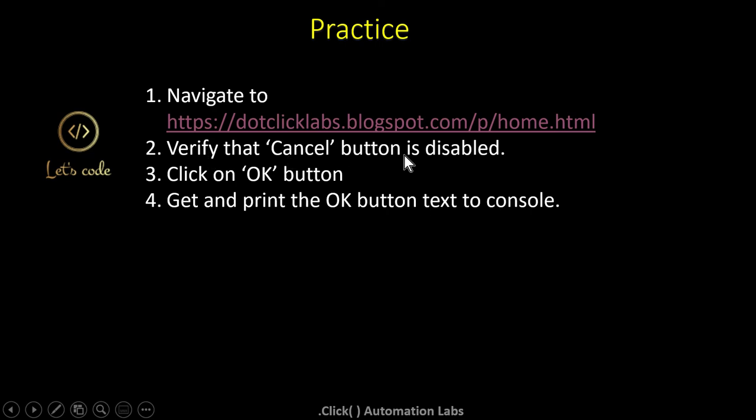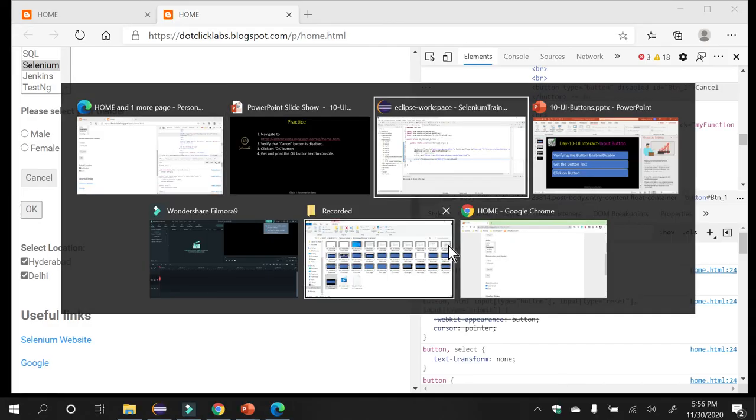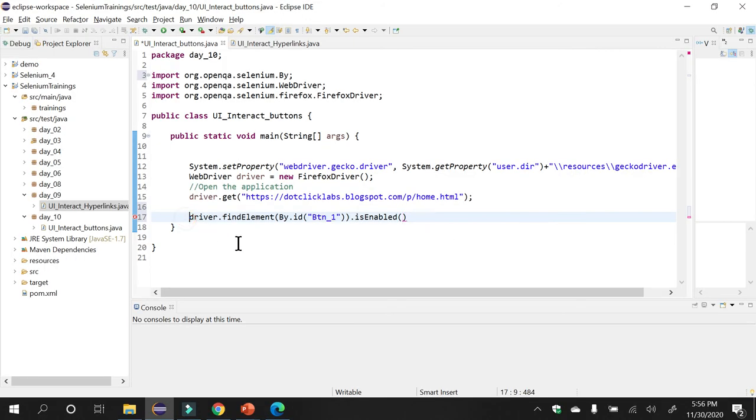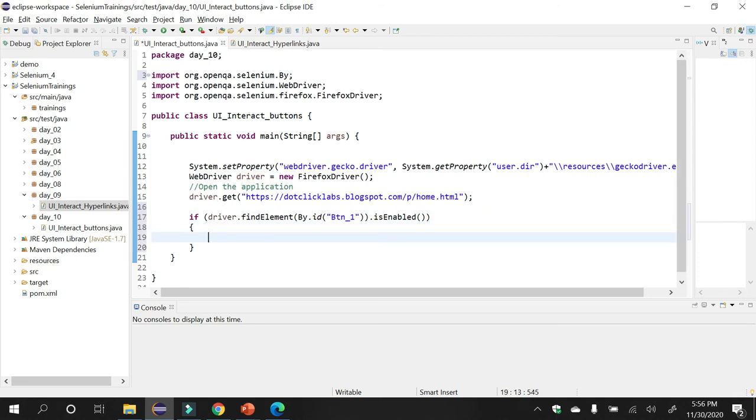So what is our condition? We should verify the cancel button is disabled. If not, then the test case is failed, right? So if driver dot button1 is enabled, if it is enabled, then it is a fail, right? Because it should not be enabled, it should be disabled. So you can write failed, button is enabled,